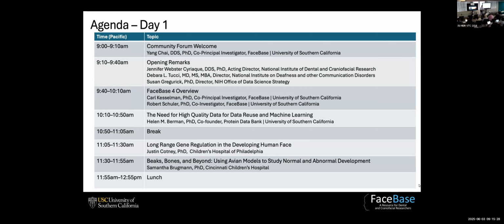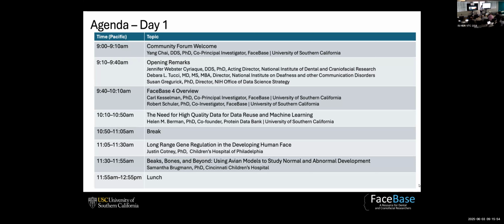Then we will get a FaceBase overview from Carl and Rob, and afterwards we're going to have some presentations, starting from Helen Berman, who's going to share about high quality data for data reuse and also machine learning.